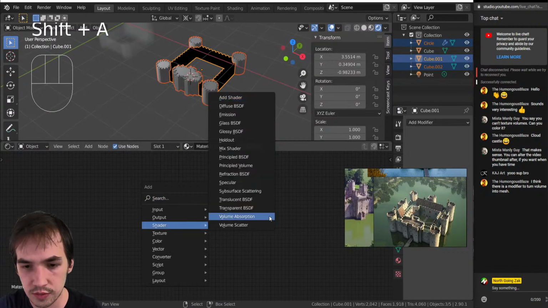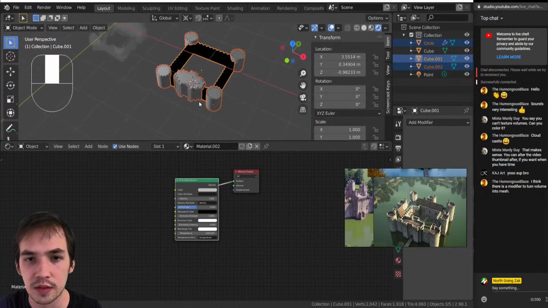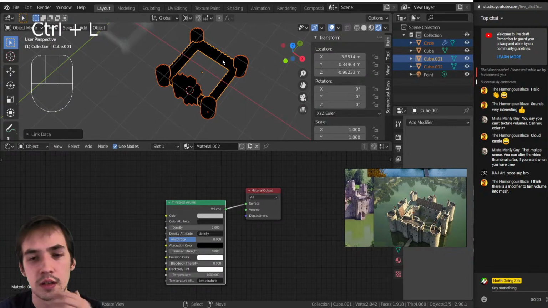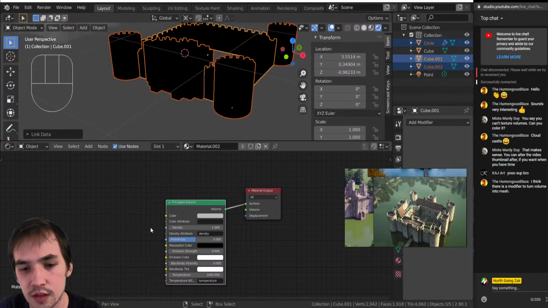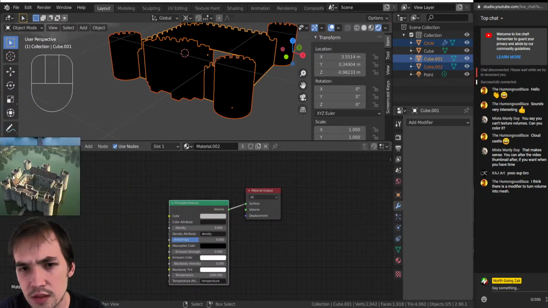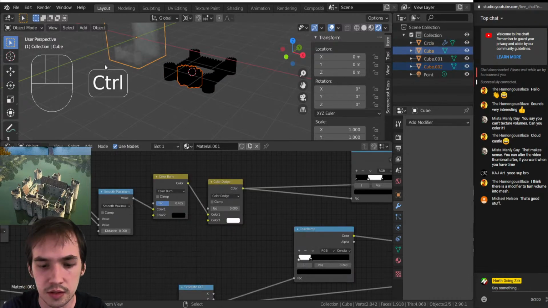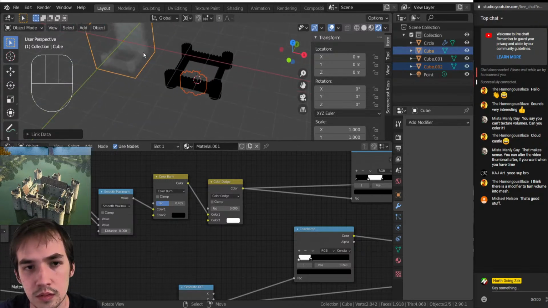So shaders, which one's volume? Volume scatter. I think it's principled volume. Yeah. Okay. And then so Shift H V. We can do that faster next time. And yeah, we can link these materials. Control M, Control L, and then M for material. And yeah, so that's weird. It's not giving the. Maybe I can just clone this material. So now that part has that material,